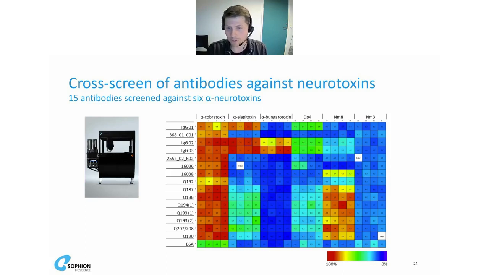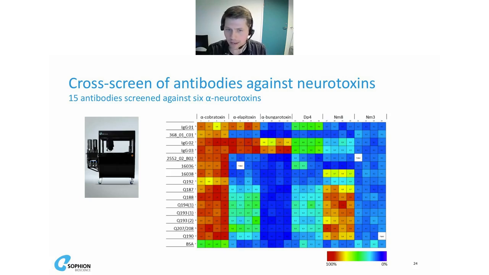The Qube is our system that can run 384 experiments in parallel. And here we tested 6 neurotoxins. You see them on top of the plate view. They were tested column-wise, and they were tested against 15 different antibodies, and those you see row-wise. And this plate view is one experiment from one Q-chip,